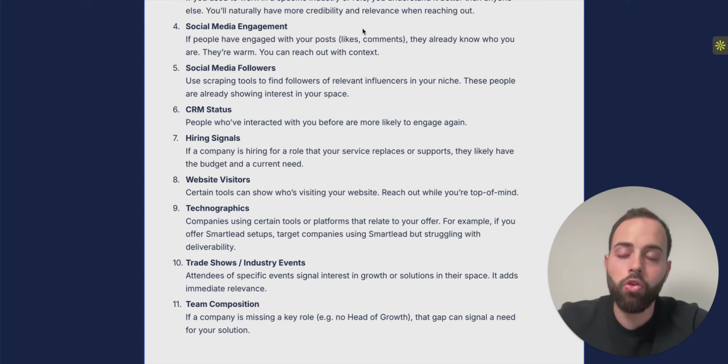These people are already showing interest in your space. Number 6 is CRM status. So people who have already interacted with you before and are more likely to engage again. So this might be someone who you previously hopped on a sales call with, someone who previously interacted and positively responded to your cold email campaigns. There's any sort of interaction that you've had with someone and that they are now in your CRM,